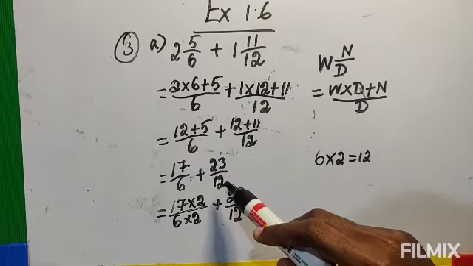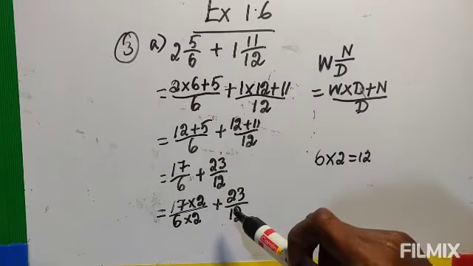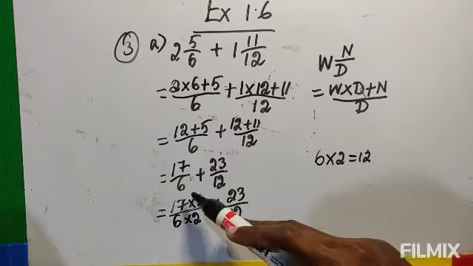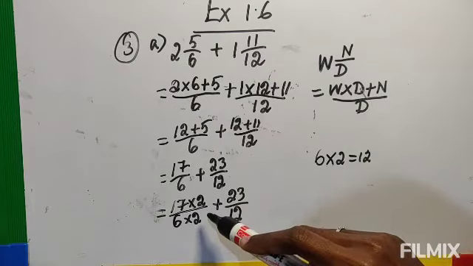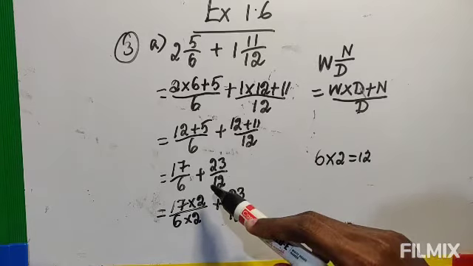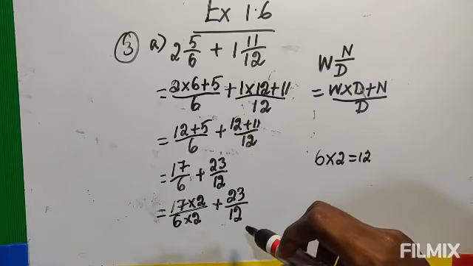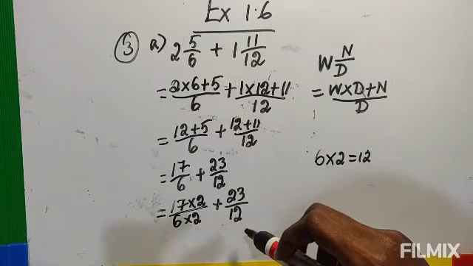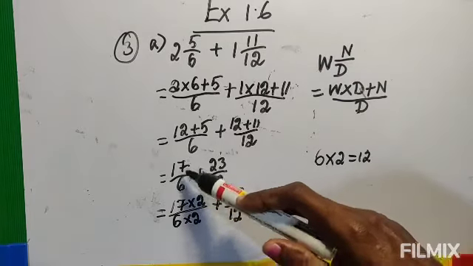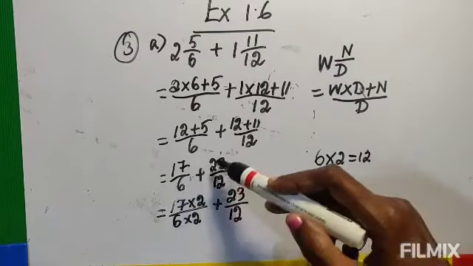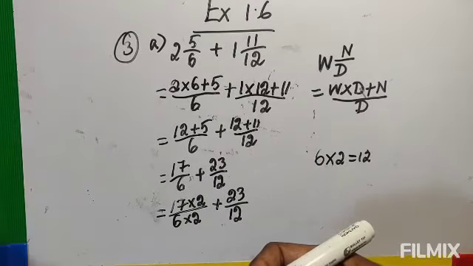Otherwise, if you are finding it difficult with HCF and LCM, then you can directly do the cross multiplication. Whichever you can do, directly find which number to multiply, otherwise use the HCF method or the LCM method. If all three methods are difficult for you, then use cross multiplication. You don't need to use your brain; you directly multiply this fraction by this denominator, and multiply that fraction by the other denominator. But at the end, you have to reduce the fraction.